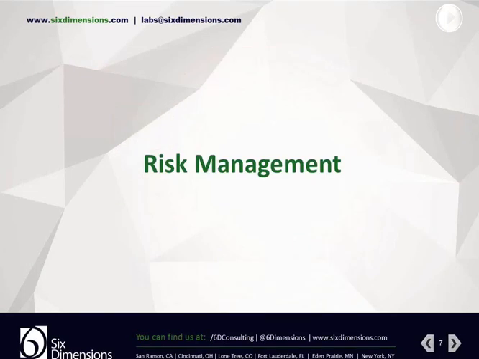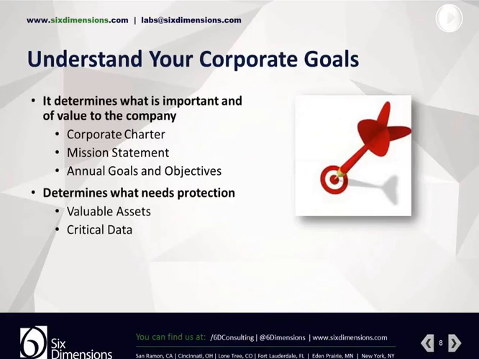Now a little bit more about risk management. The first thing we need to determine is what is important to a particular organization. What is valuable to that organization? And oftentimes it may be the information that you're processing, it may be intellectual property. There are many different things that are important to particular organizations, but here are some ways of determining what is most important to an organization, and sometimes these things change over time.